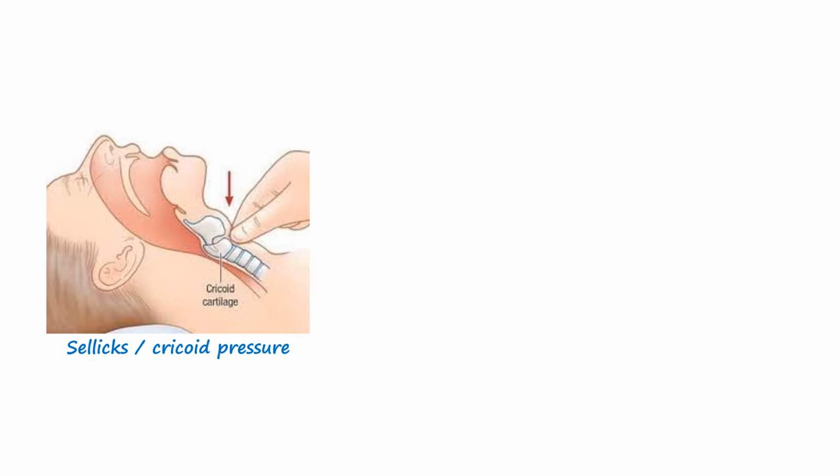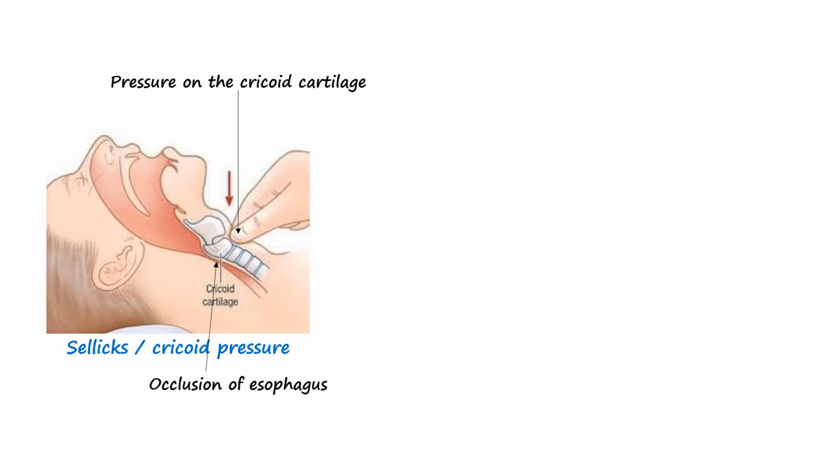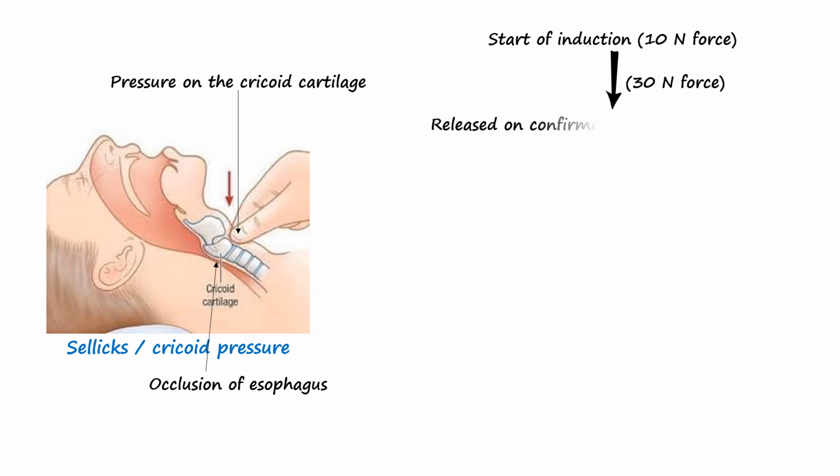The protection component of RSI focuses on preventing gastric aspiration, primarily through the application of cricoid pressure, a maneuver involving downward pressure on the cricoid cartilage to compress the esophagus against the cervical vertebrae. This theoretically occludes the esophageal lumen, reducing the risk of regurgitation and pulmonary aspiration. The recommended force is 10 newtons or 1 kg applied at the beginning of induction when the patient is awake. The pressure is then increased to 30 newtons or 3 kg after the loss of consciousness until the endotracheal tube